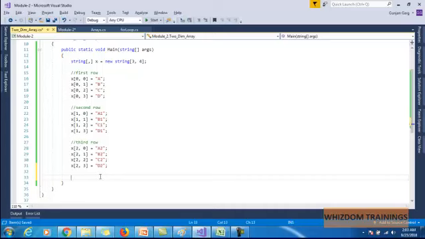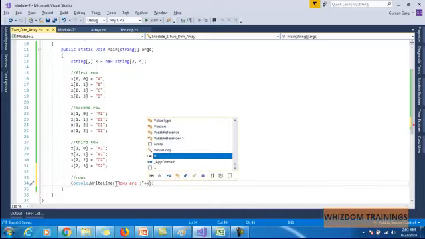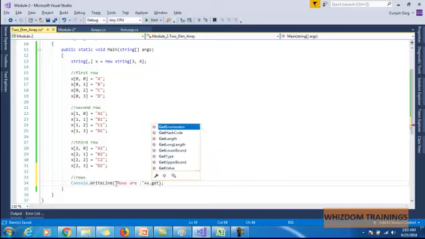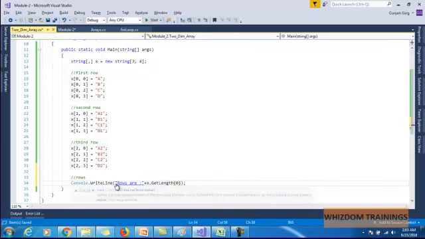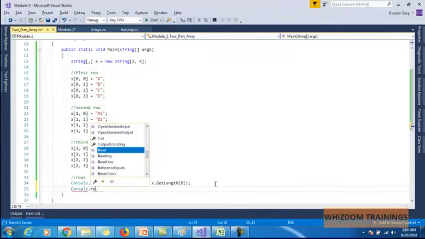So the total number of rows can be printed by simply writing: the total number of rows are x dot get me the length of the 0th dimension. Okay, so if you just see the execution, let me just show you the output first of all,